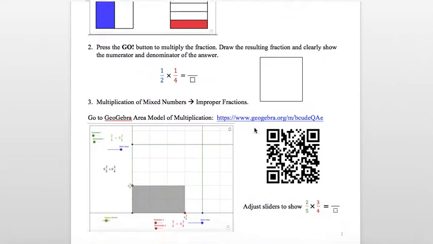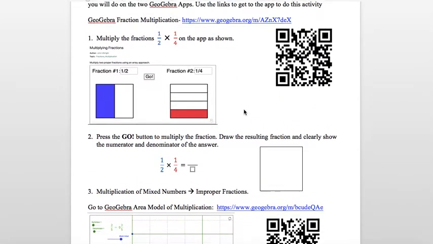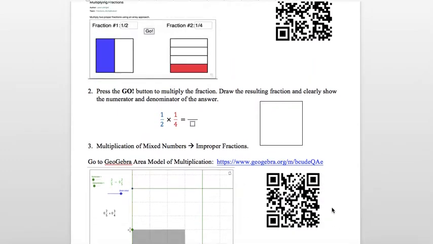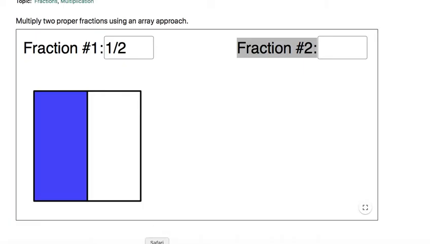And there is another app here which gives you a window that looks like that. Make sure that you have this worksheet and you record your results as you go and do the worksheet. The first app is going to work on the multiplication of 1/2 times 1/4. If you click on the link or you use the scan code,